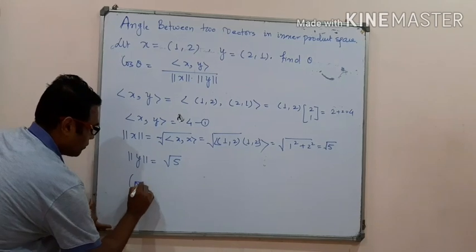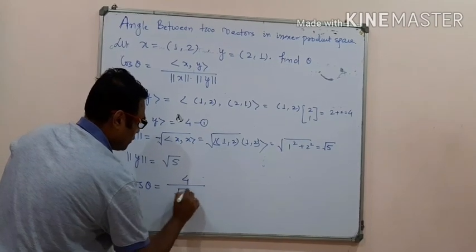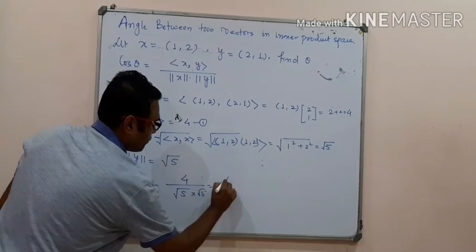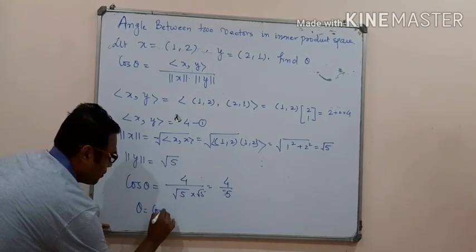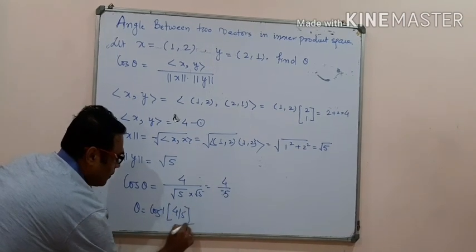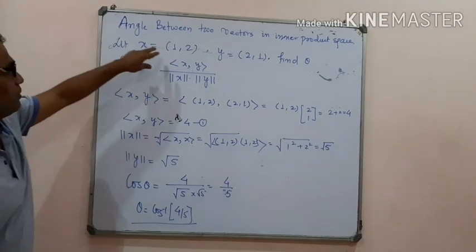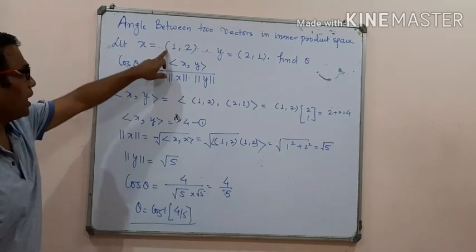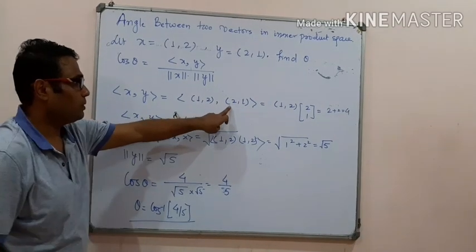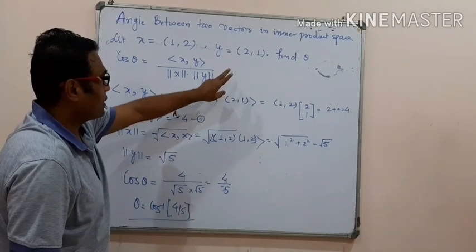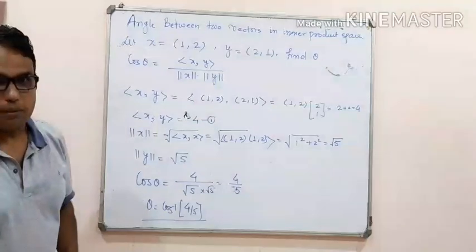Putting all the values in our formula, cos theta is equal to 4 divided by root 5 multiplied by root 5, that is 4 upon 5. So theta is cos inverse of 4 upon 5, and obviously this theta lies between 0 and pi. This is a very simple example related to the R square coordinate. Suppose we have R cube coordinates, then we compute the inner product in the same manner, because in the previous video lecture we defined how to compute the inner product for n-dimensional points.